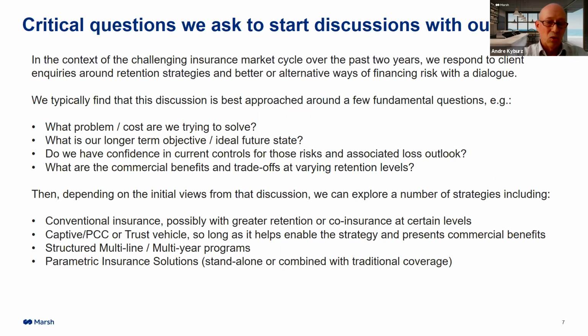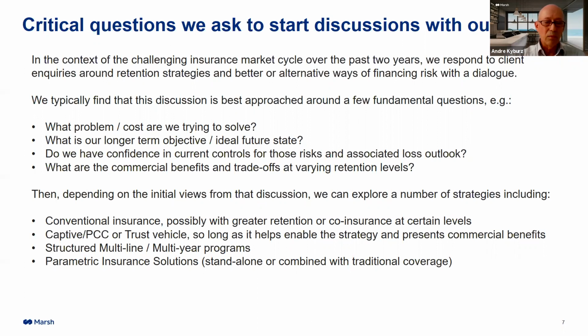And short-term fixes can exist. We see that sometimes when, for example, we have property placements where one insurer is really just fronting for a bunch of reinsurance markets sitting behind them. And it might be a short-term fix to set up a cell captive, for example, to get access to those reinsurers on a direct basis. But really, this is the sort of conversation we have. Sometimes it's a whiteboarding session, and really to get the discussion going. Is it short-term an issue, or should we look at